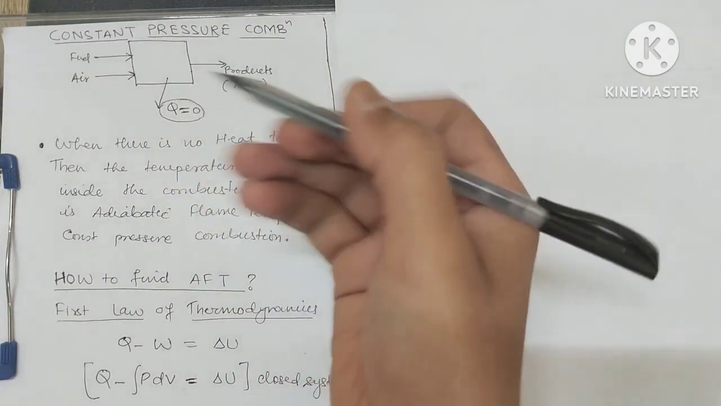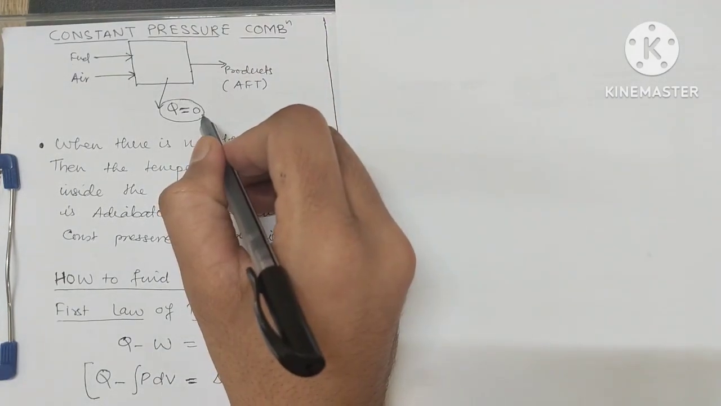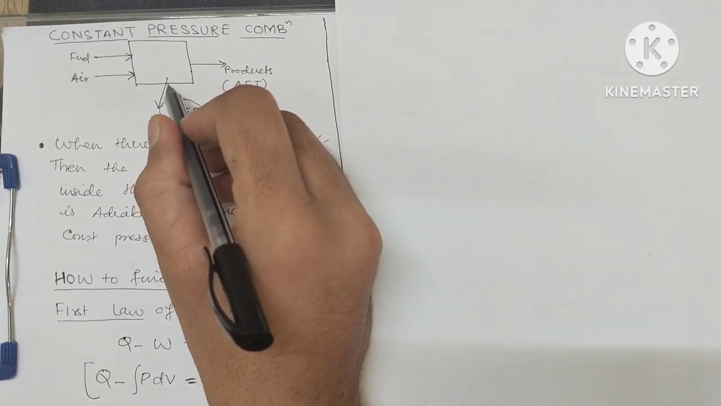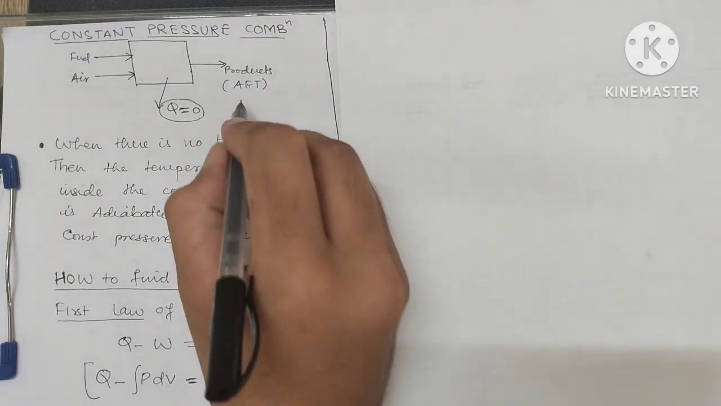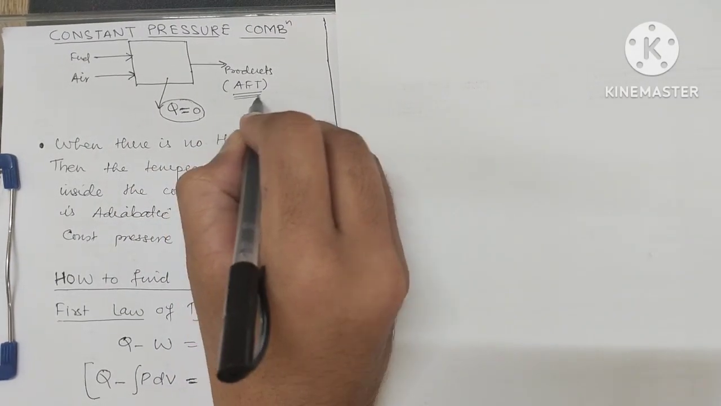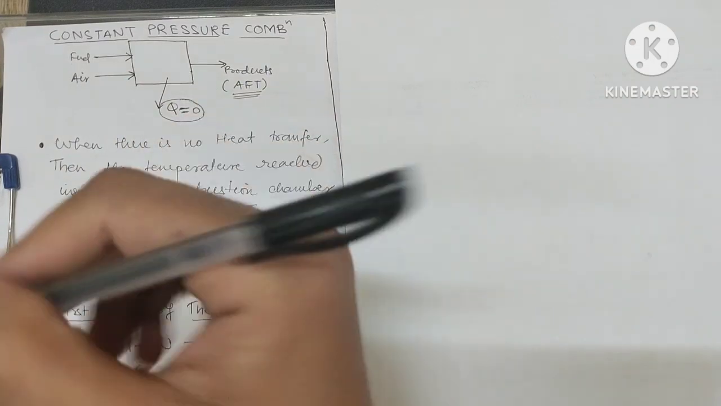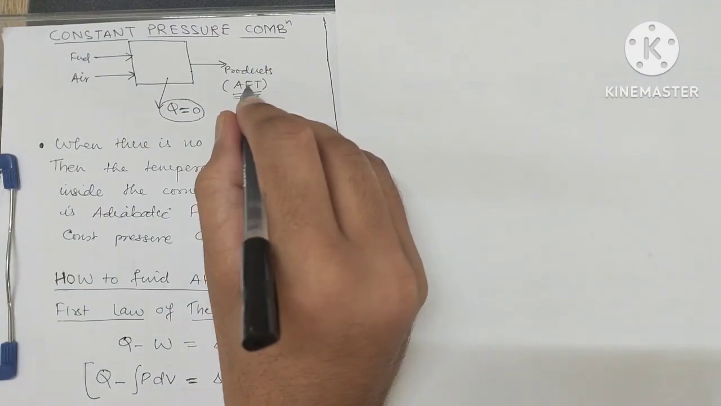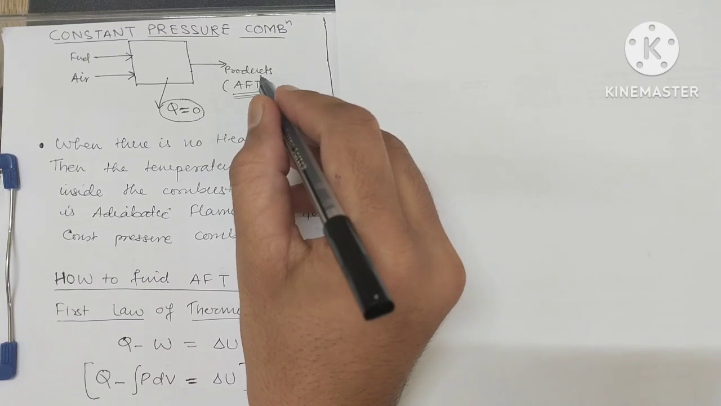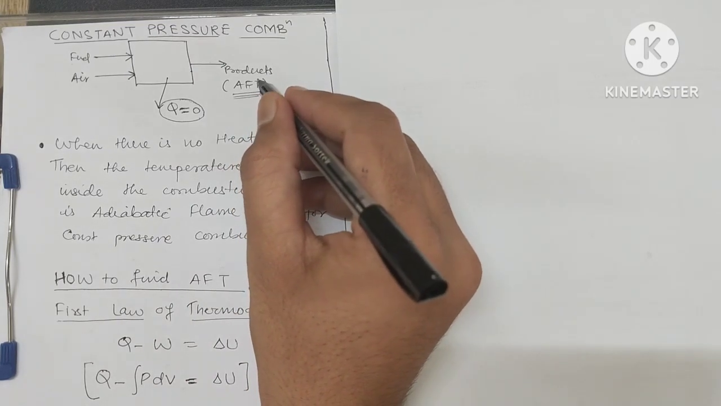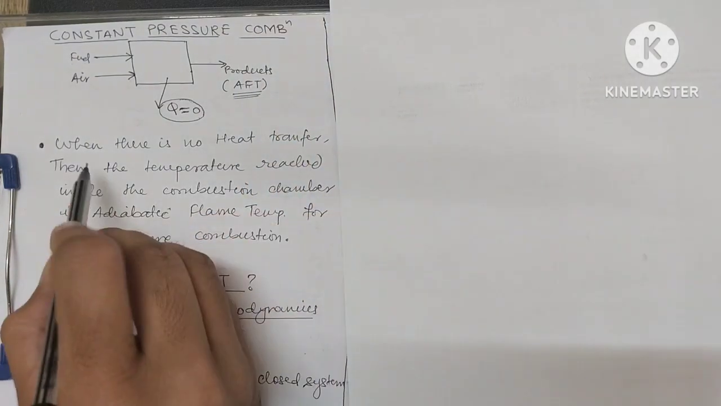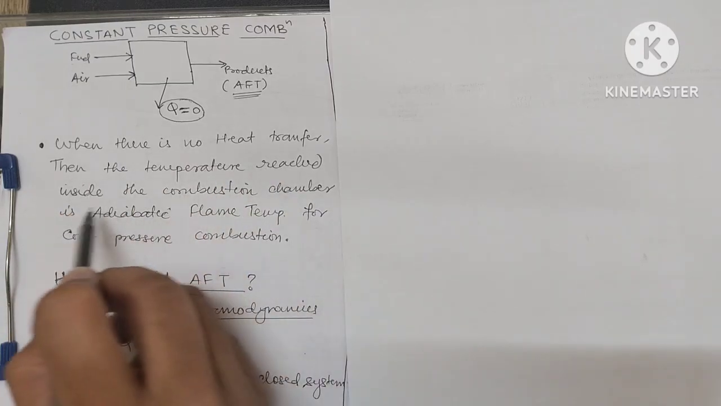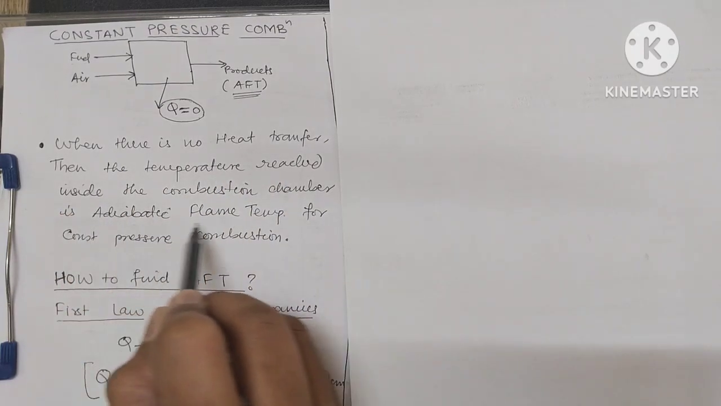Adiabatic means that there is no heat transfer taking place in this combustion chamber. Okay, so that's why it is called adiabatic flame temperature. It means the whole heating value of the fuel is being converted into the flame. I mean, the temperature of the products will be called the adiabatic flame temperature. So now, when there is no heat transfer, the temperature reached inside the combustion chamber is the adiabatic flame temperature